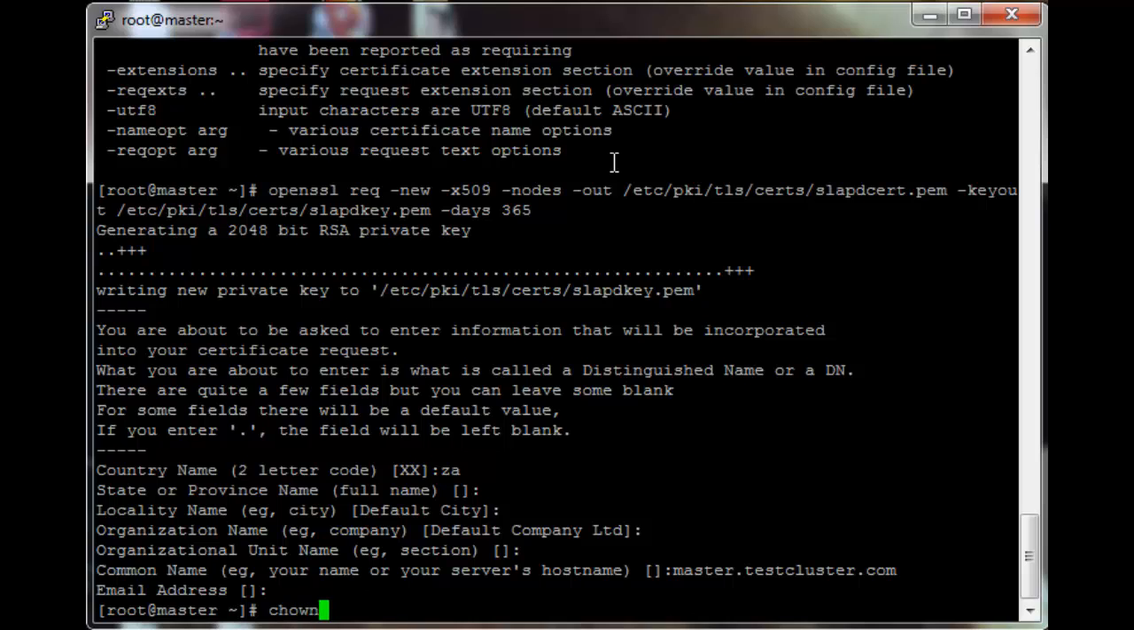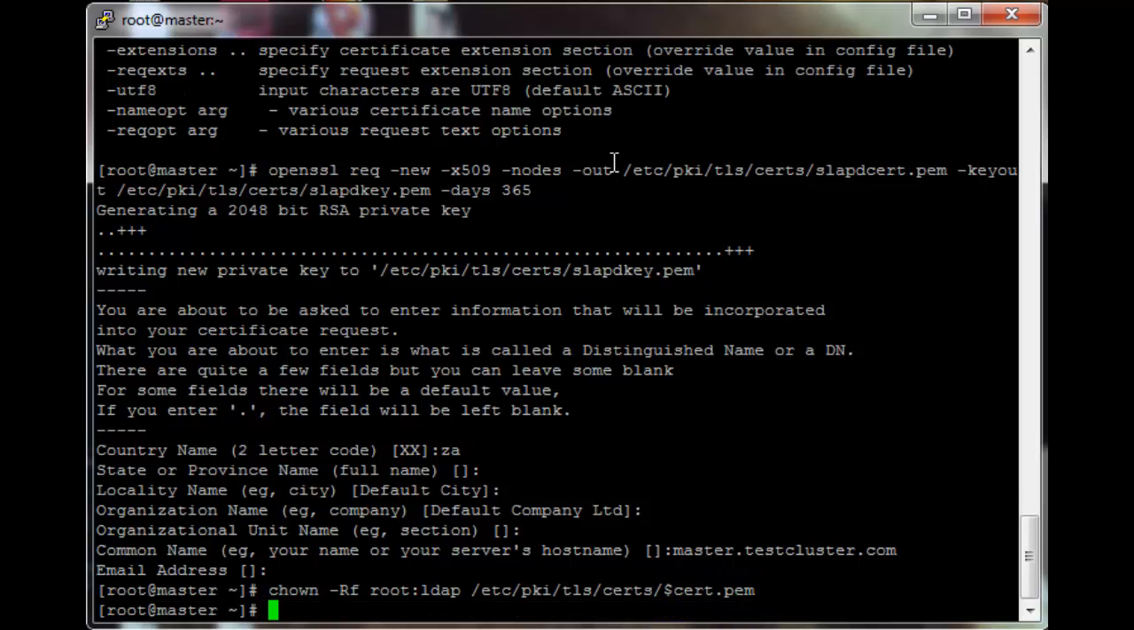Now we quickly need to chown those certificates we just generated. chown root:ldap /etc/pki/tls/certs/slapdcert.pem, and then chmod -R 750 /etc/pki/tls/certs/slapdkey.pem. Okay,